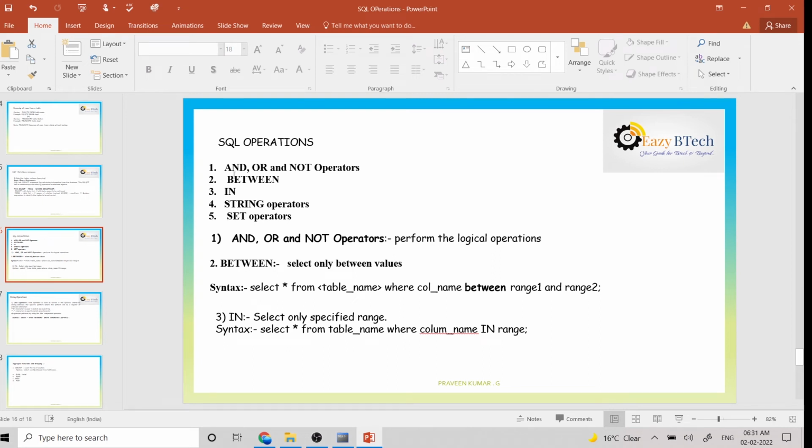Basically, SQL operations are classified into 5 types. First one is AND, OR, NOT. Next one is BETWEEN. Third one is IN. Fourth one is string operations. Fifth one is set operations. Now first we go with the AND, OR, NOT operations. Before we discuss AND, OR, NOT operations,